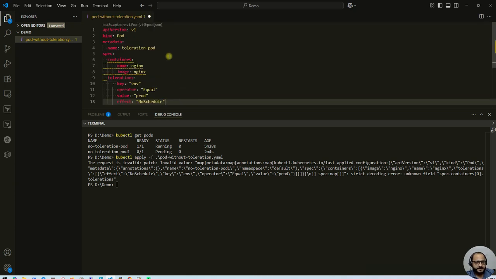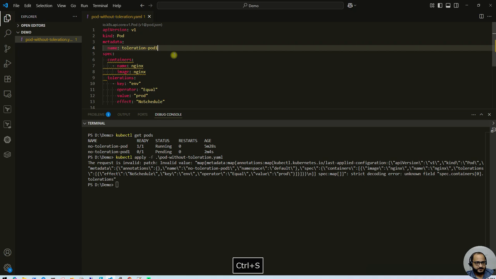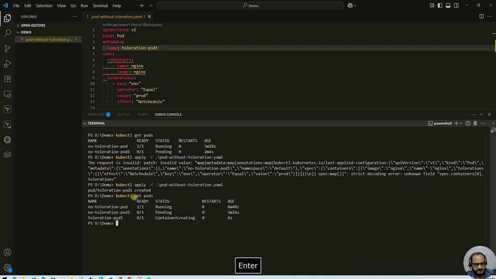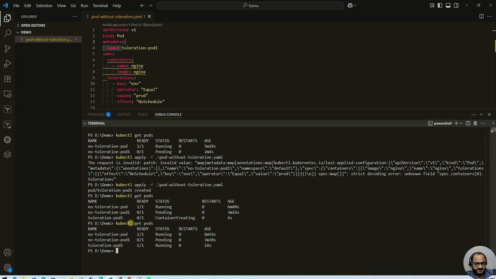So what I will do here, in the name I will add 1, to differentiate. Now I will rerun this file. If I check kubectl get pods, now we will have 2 pods with this name, toleration pod 1, and this pod we still see in pending state because it is not scheduled itself. So if I rerun it, now you can see we have 2 pods which are scheduled or running